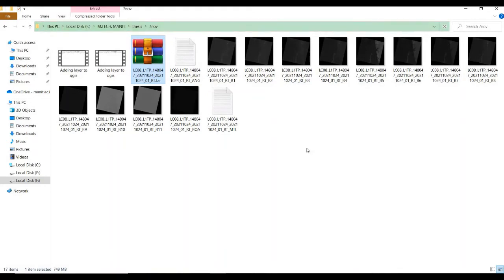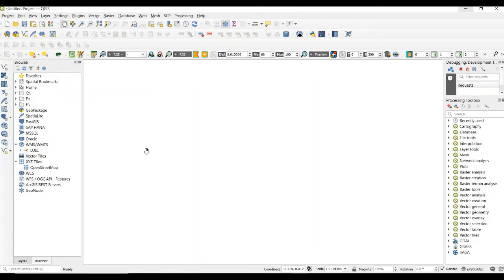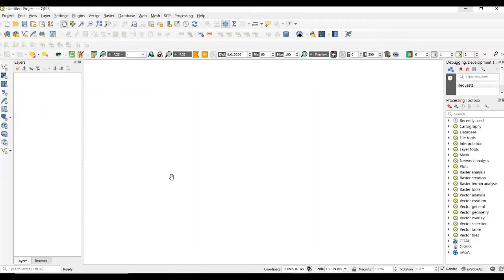After the successful extraction of data, go to QGIS, layers, and here the SCP manual toolbar.